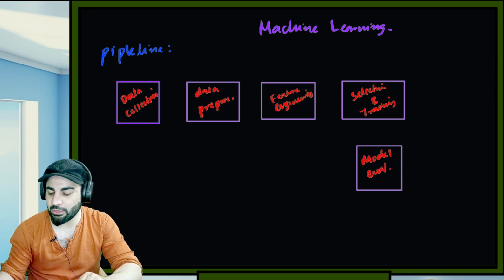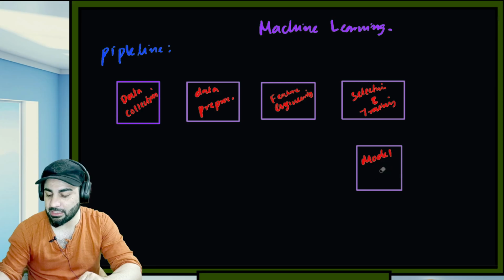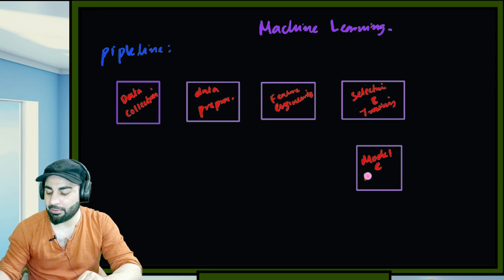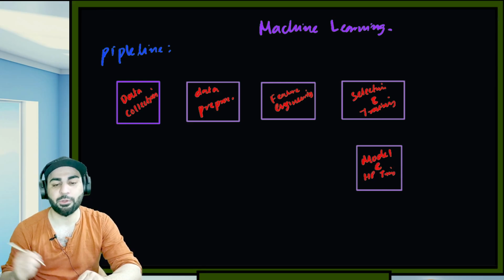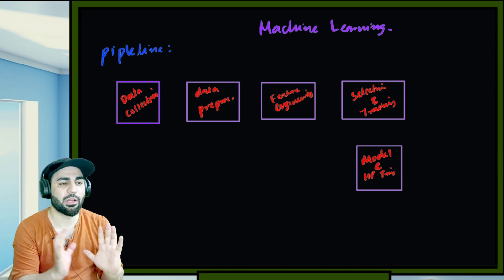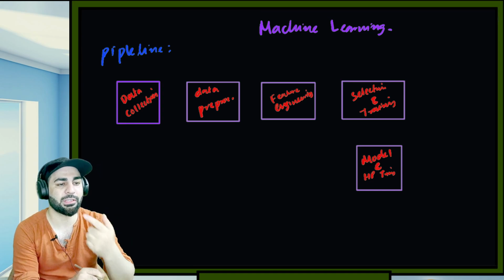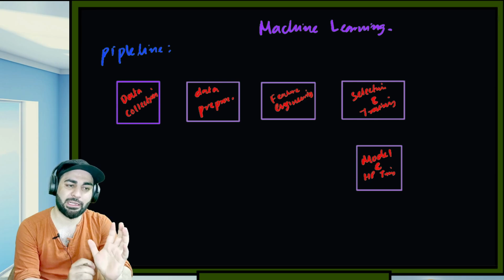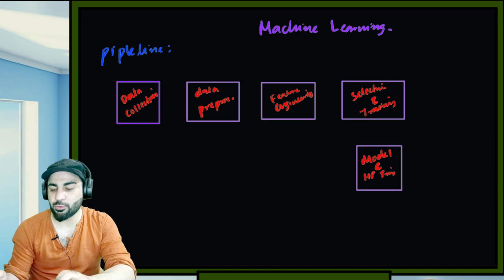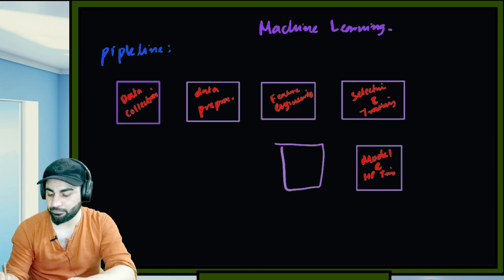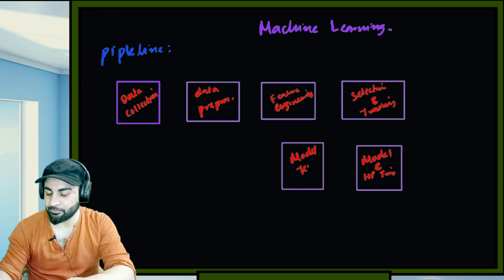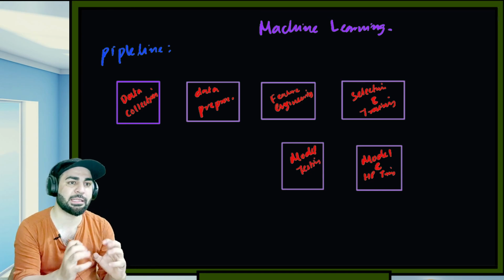So in the same step, once you evaluate the model and you tune the hyperparameters, I'll say model eval and hyperparameter tuning. I am just combining certain steps. Once you have collected data, pre-processed, done the feature engineering, selected the right model and trained it, and then set the hyperparameters rightly, at the end you will perform model testing,